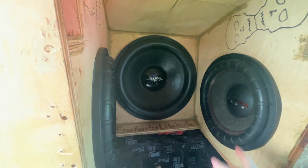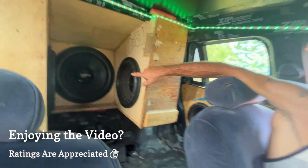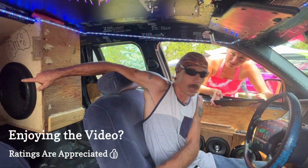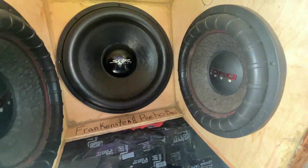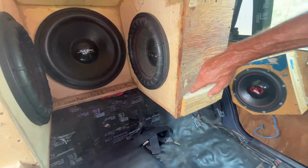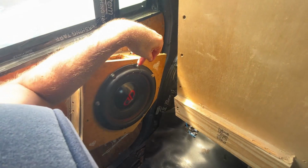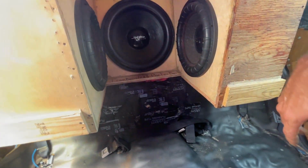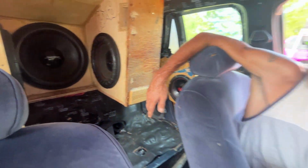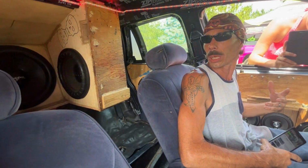What subs are these? This is the CVX or the DDX? EVL. EVL 1250 RMS. And the Toros, those are the 800 Toro Audio, and they're the 800 RMS. And are these little mini subs or mid bass? They're just highs. I broke the voice coil a couple of years back, so I just use them as highs. Since you run highs, it ain't doing you. Yes, sir. Awesome. So what songs can you play without being...